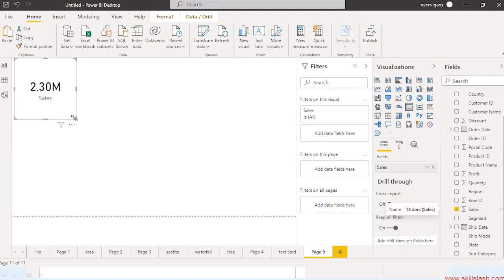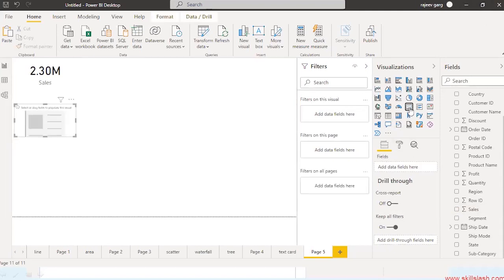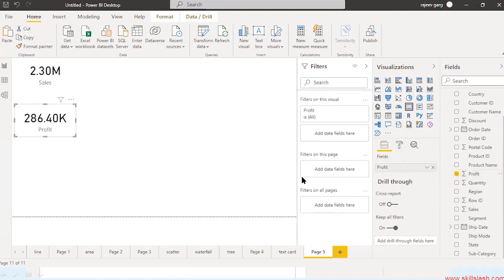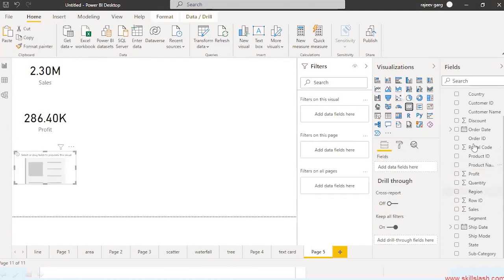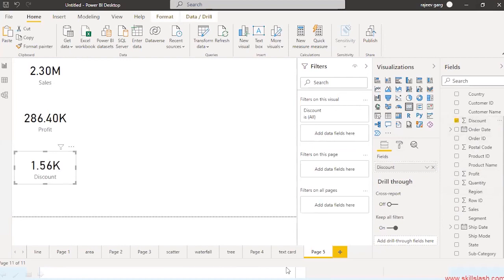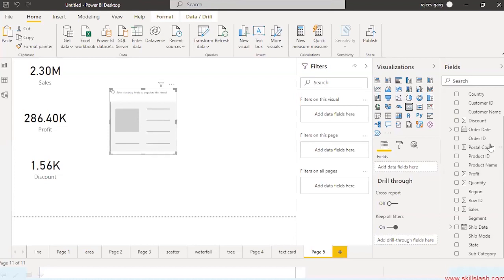This time I would like to put the profit over here. So I'm getting the overall profit. I will take another card where I would like to take the discount. I will take another card where I would like to say the quantity.